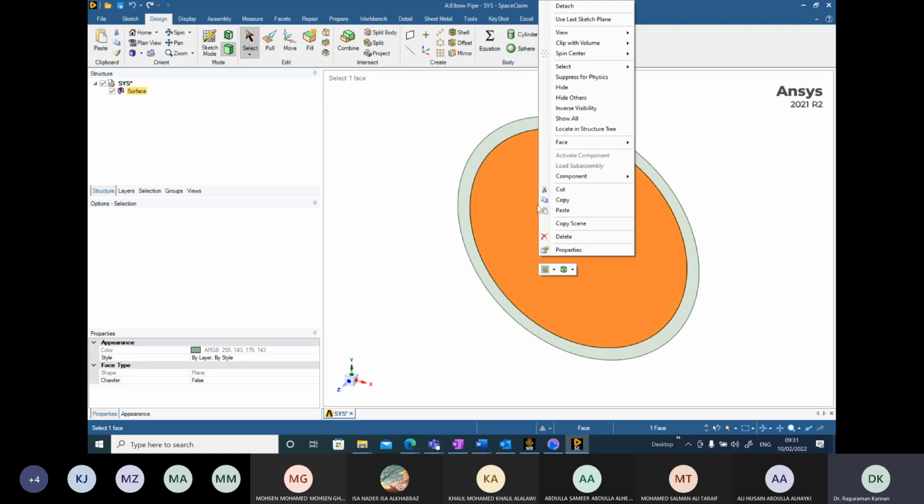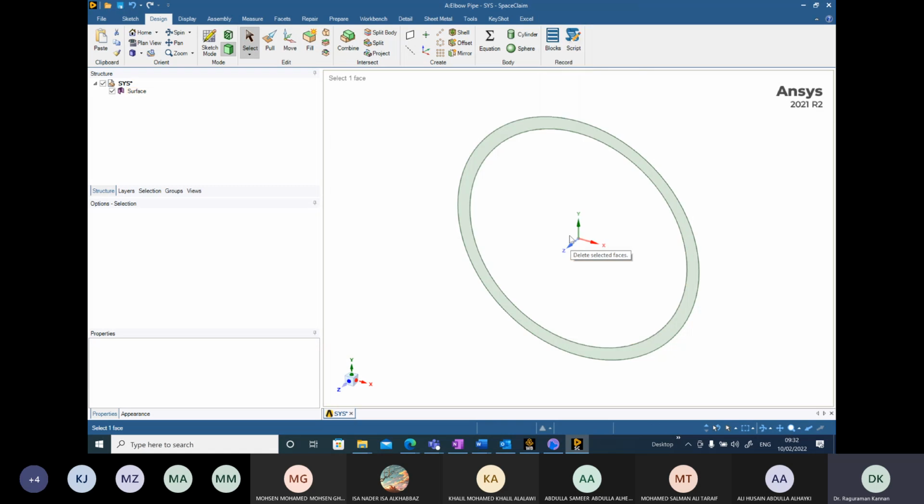Right click and you will see the delete option here. Delete. So that particular surface is gone. Now only the solid surface is here. Okay. Now the next